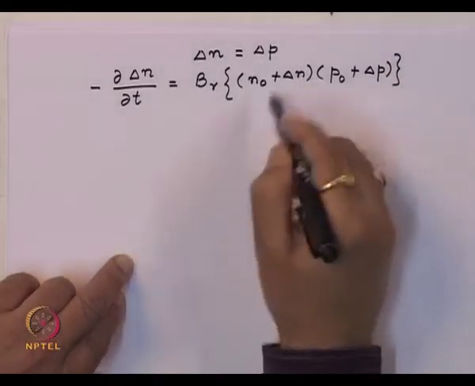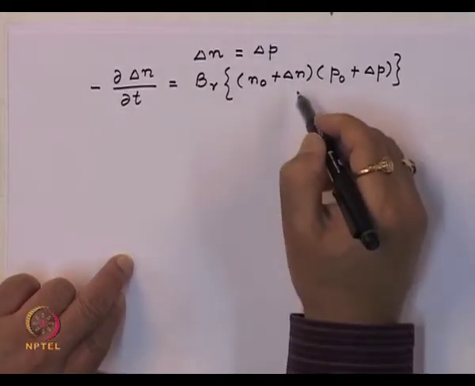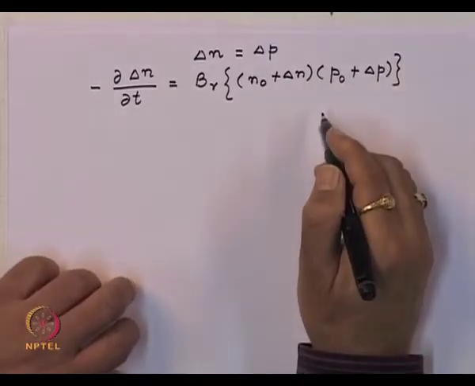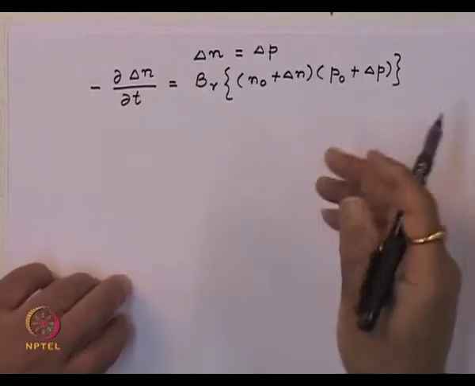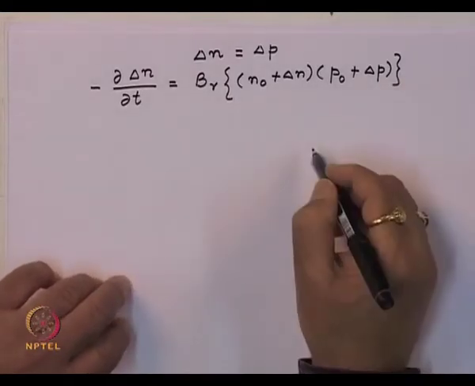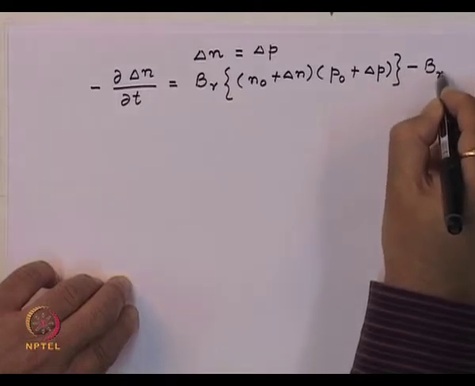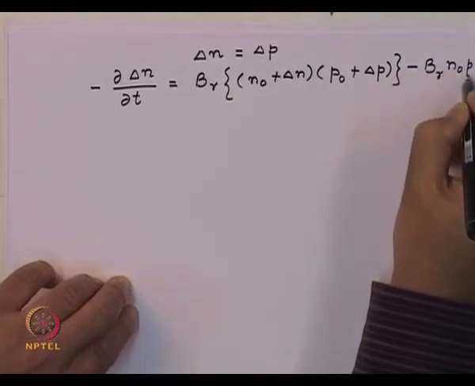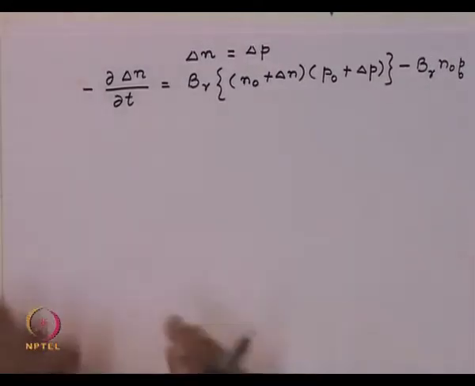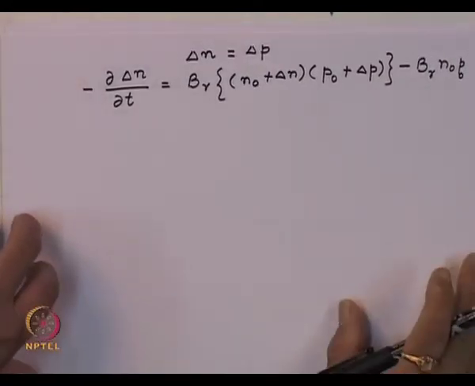These are the carriers which are injected inside the junction. However, there is going to be thermal generation which you have to take care of. So, you subtract the thermal generation which is Br into n0 into p0. Now,